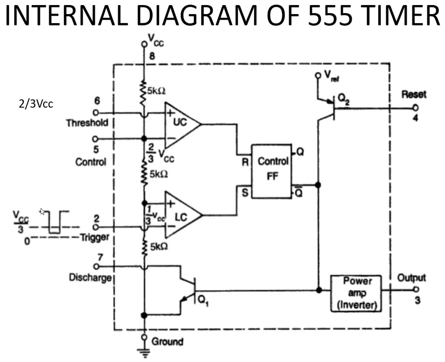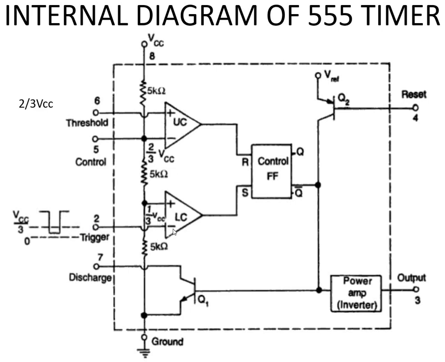Initially the voltage at pin number 2 is VCC, and the voltage at the plus terminal of the lower comparator is 1/3 VCC. So the voltage at the plus terminal is 1/3 VCC and at the negative terminal it is VCC. So the voltage at the negative terminal is high in the case of the lower comparator. Normally, if the voltage at the plus terminal is high, then the output of the lower comparator is equal to 1, or it will be providing a very high value as our output.